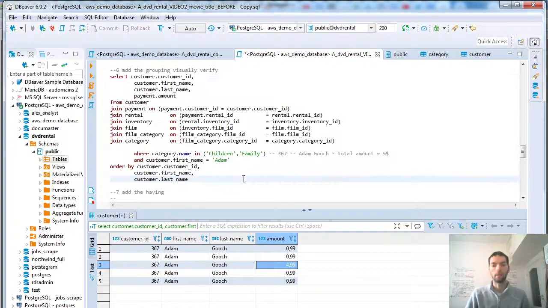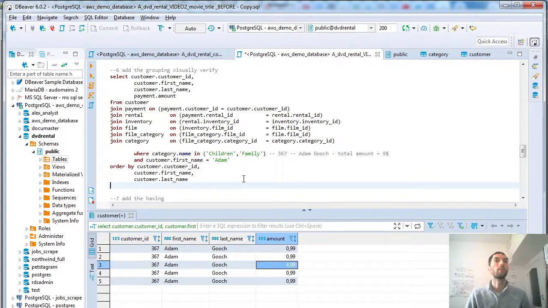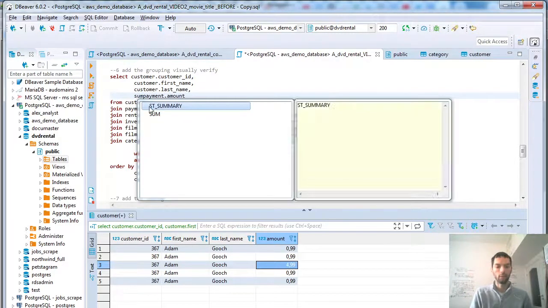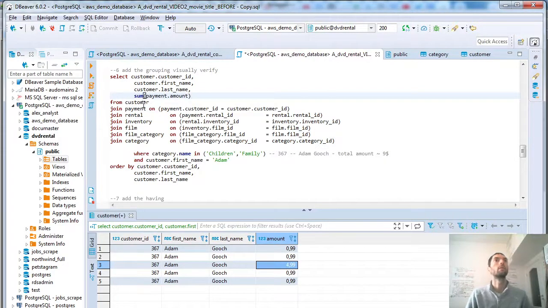Yep, now there are only the results about Adam Gok actually. And now when I try to make the total sum of total spent on kids movies,